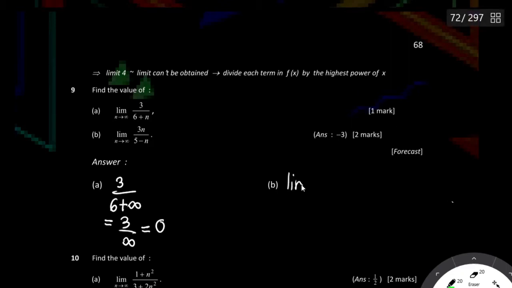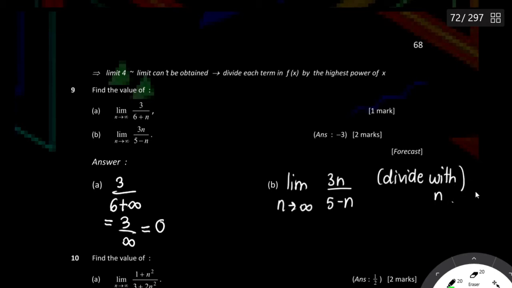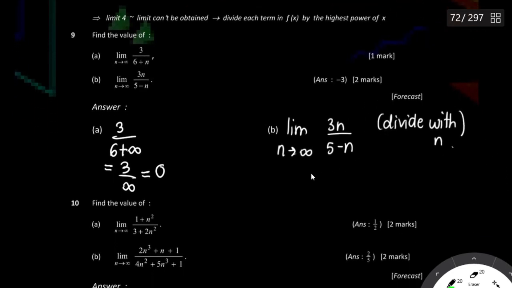So what you do is remove the n on the numerator. We are going to divide both the numerator and the denominator by n, because if we got n on top, we are going to get infinity over infinity. So it's going to be like this: 3n over n,